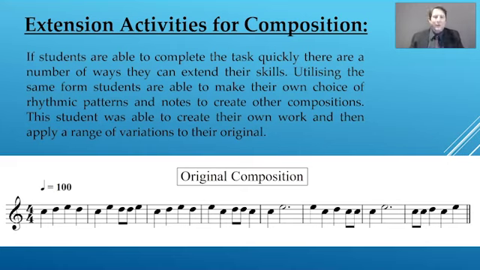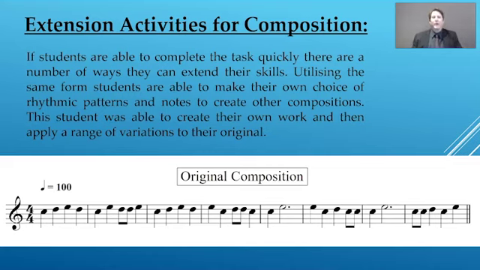Okay, now of course we all know as music educators that when we go to run a class or we're running a music program that we will often find students who have already been learning an instrument for a number of years. So with every task that I create, I like to differentiate it and make sure that I'm providing a range of extension activities that can work students to their individual level. So for example, if a student completes that task quickly, here's a number of ways that I like to extend